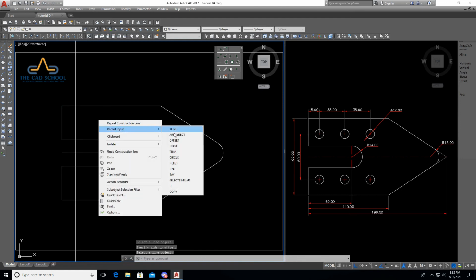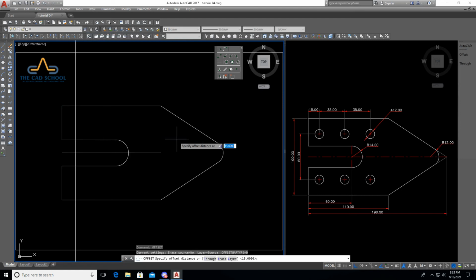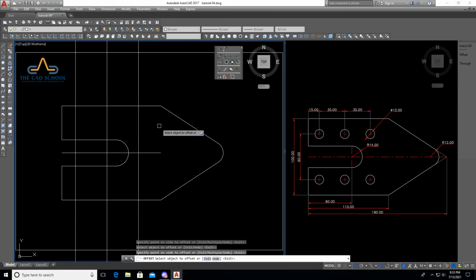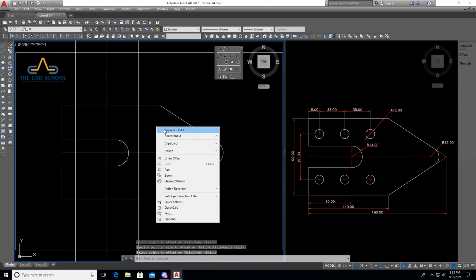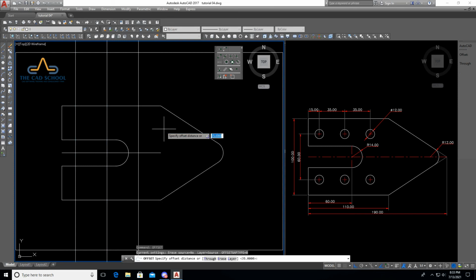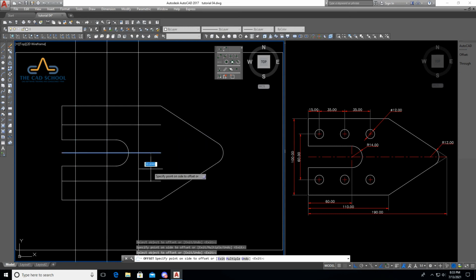Then select offset command. 35 is the distance between the center points of the circle vertically. 30 is the horizontal distance or the dimension between the center point of the circles. Here we have got the center points for all the 6 circles.